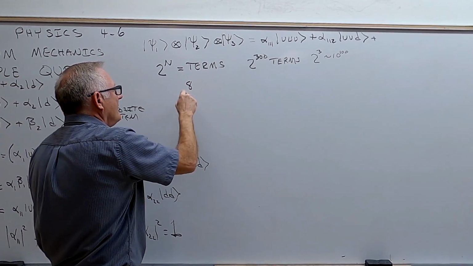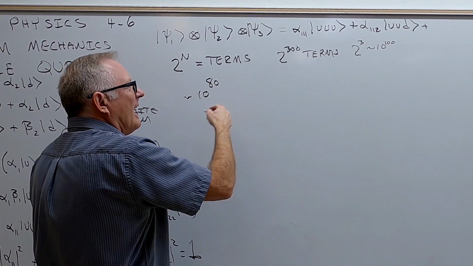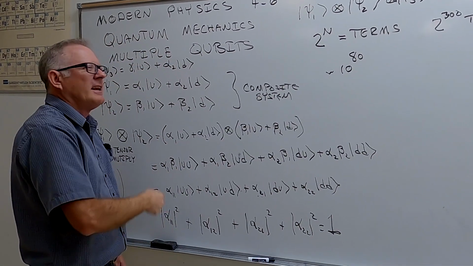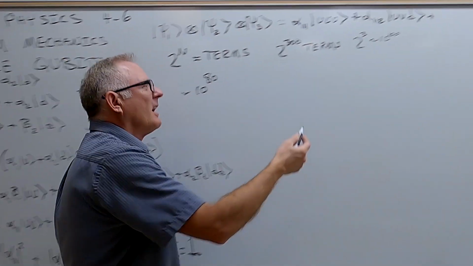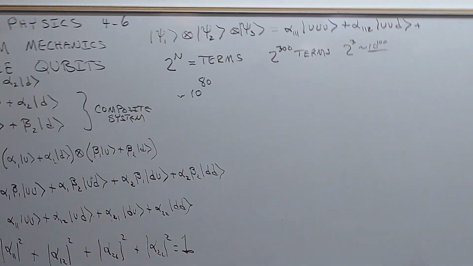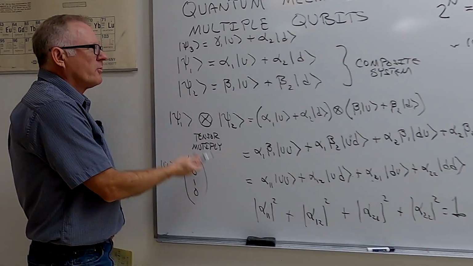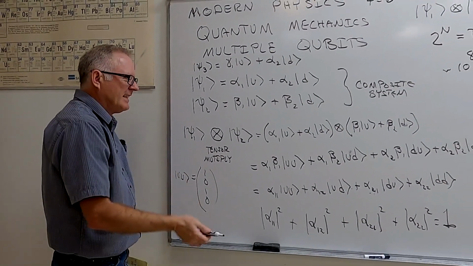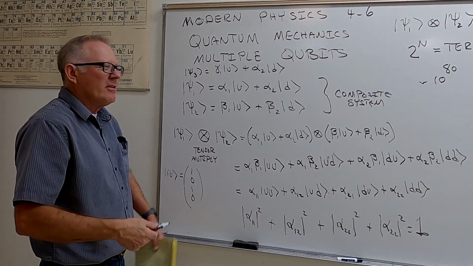Even if you add up all the photons and the protons and every other particle in the universe, there's not going to be this many particles. So just 300 qubits put together